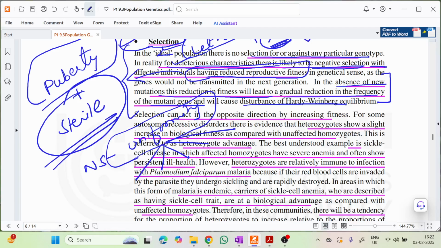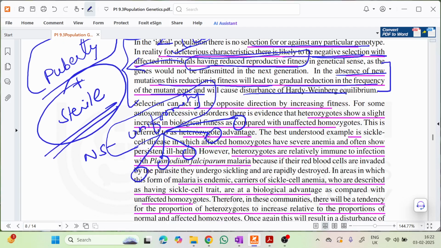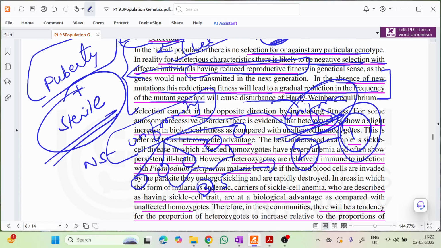So out of 5 it will keep selecting, either positively or negatively, 3 out of 5. Then out of those 3 it will try to select 2, and again the best one. This natural selection tries to bring in uniformity of genetic frequency, and that uniformity in genetic frequency is also not good for life. I have explained that to you.